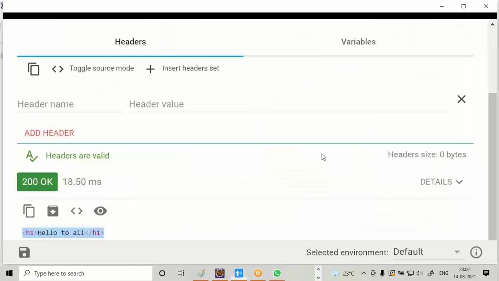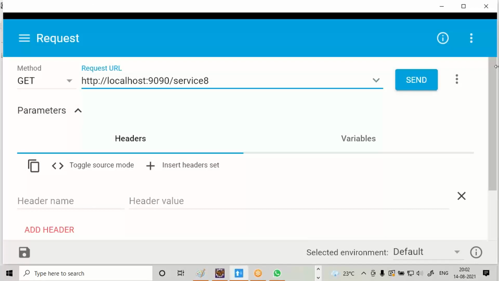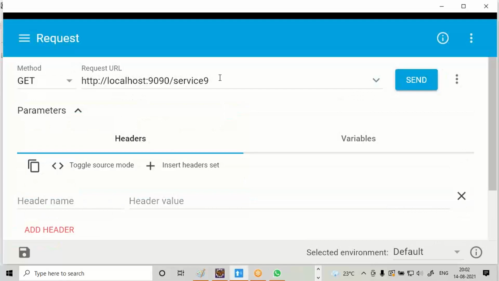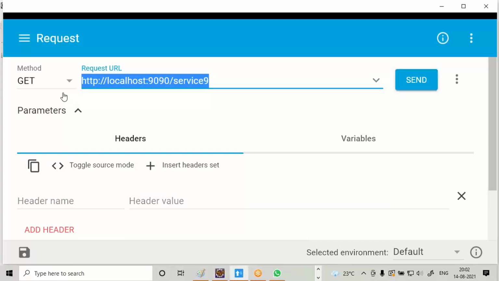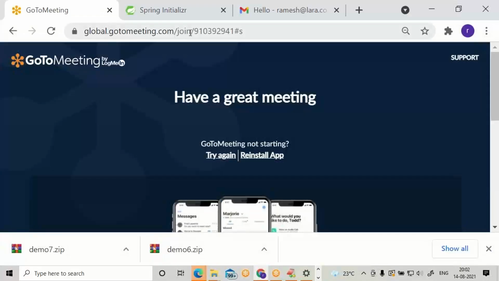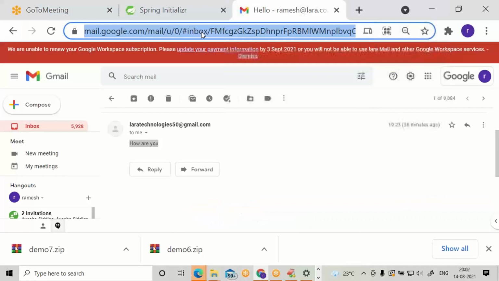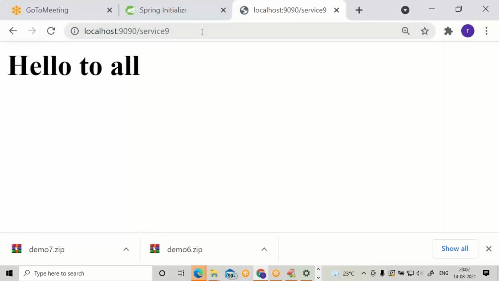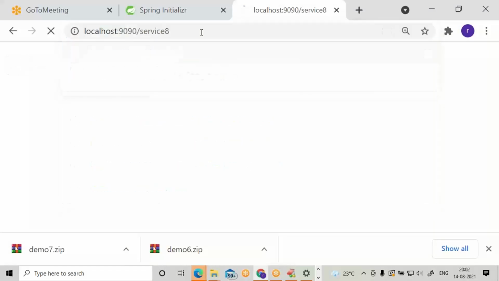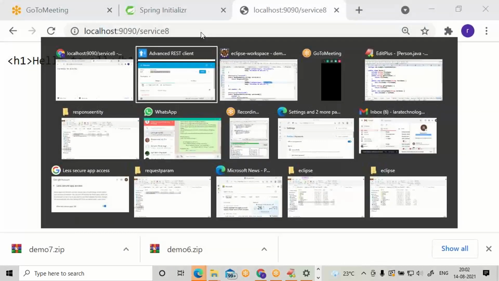Give a call to service 9. Guys, response headers are very important. Come to the bottom. We are still seeing the same output. You can access it from the browser address bar. You can see the difference. If you go to service 8, you can see response headers are very, very important.